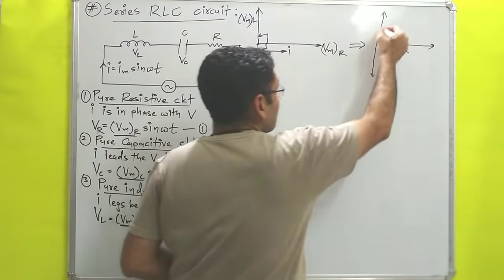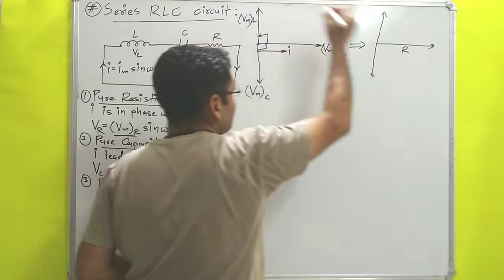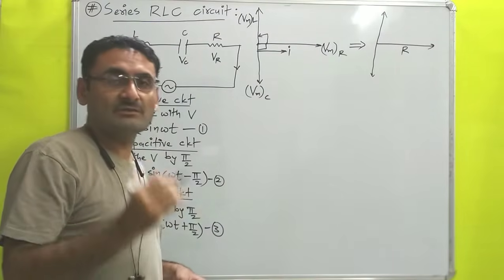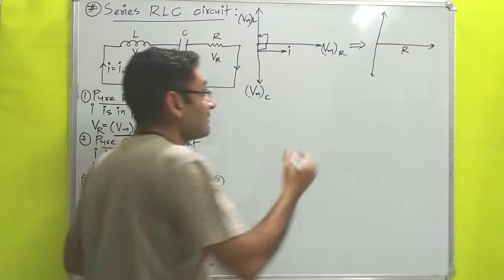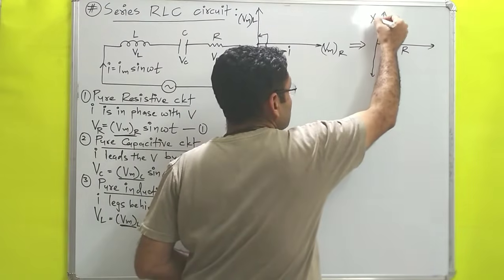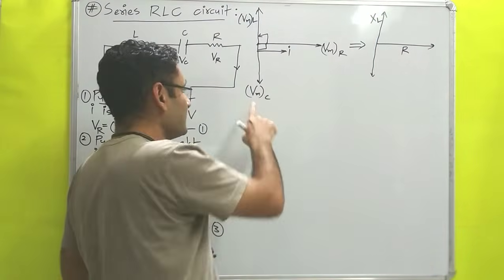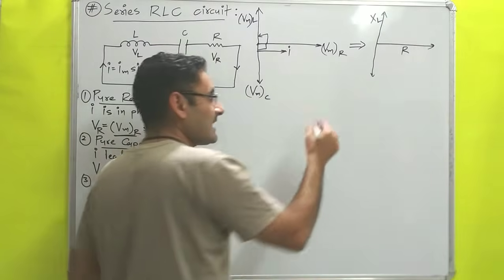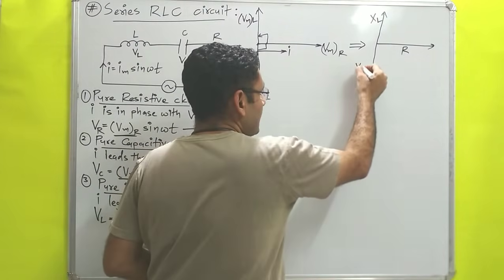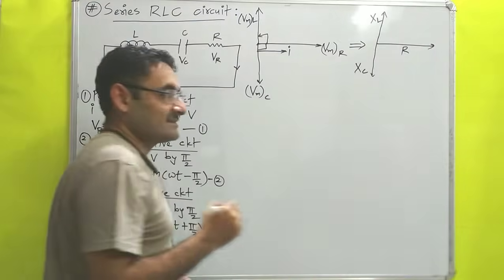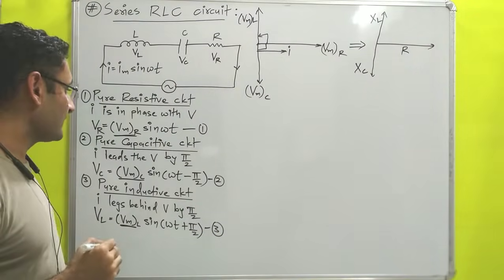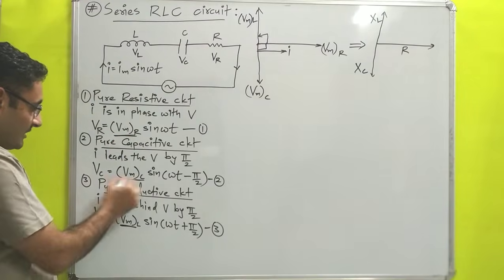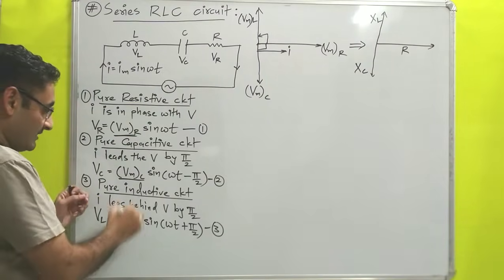Okay. Now that represents what? Maximum potential in inductor. So in the case of inductor, one quantity is there which will behave like a resistance, which is your XL, inductive reactance, and that is your capacitor. In the capacitor, whatever resistance is there, that resistance is known as XC, which is what? Capacitive reactance.